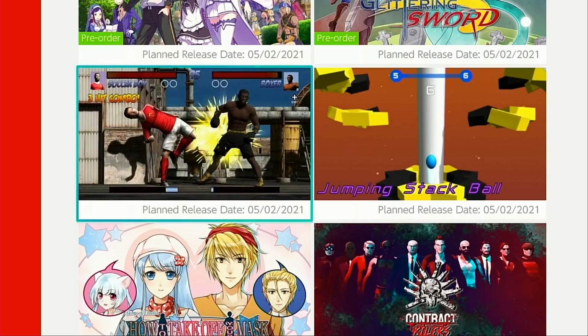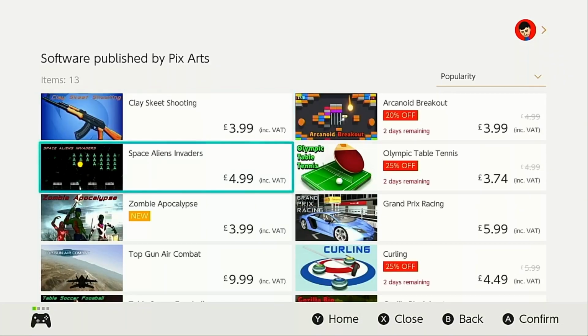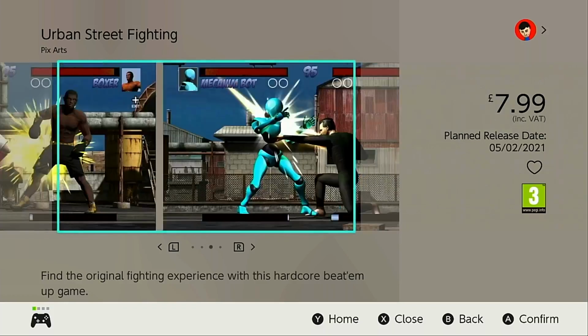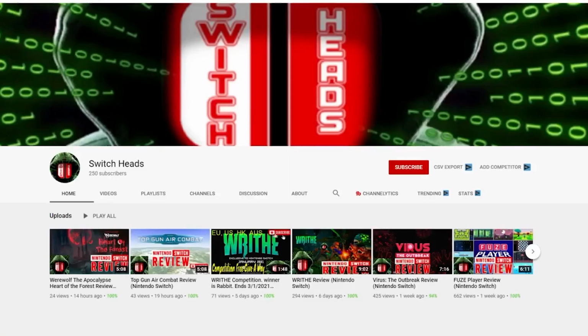I hope everyone's doing alright, and welcome back to the channel, where today I'm bringing you some hot new asset flipping goodness from our old friends over at Pix Arts. The guys over there have been rather busy lately, piecing together the latest wonders from store-bought assets, and the latest creation is a 3D fighting game called Urban Street Fighting, which was brought to my attention by Switchheads, one of